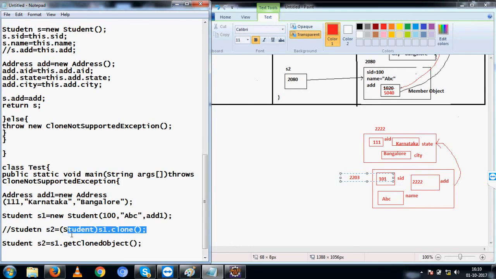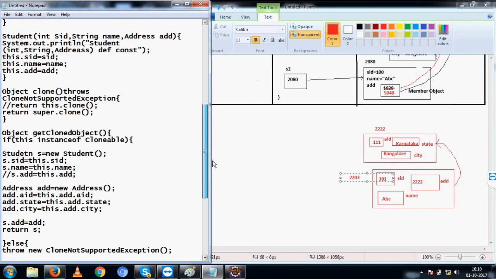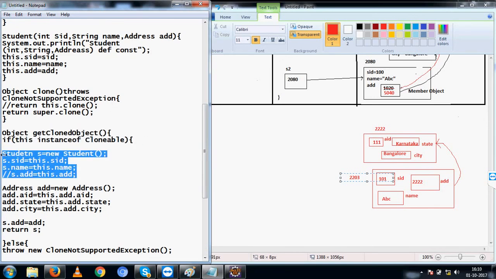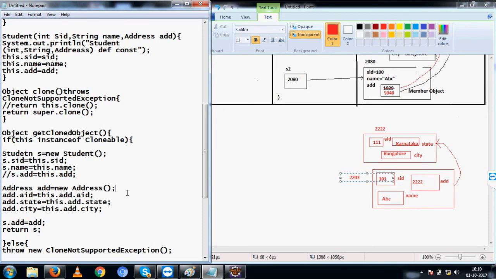If I say getClonedObject, which we have created, we have tested everything in it: the student object content is copied, but the member object content is not copied directly. For the member object, we have created a new member object first, and the member object content is copied into the new object, assigned to the newly created student object, and the student object is returned. If it is not eligible for cloning, then a CloneNotSupportedException is given. Right. So address is returned to